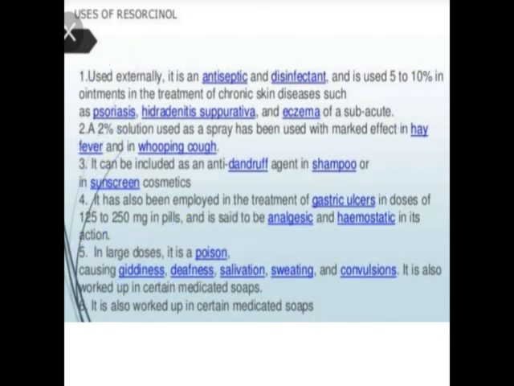सो अँटीसेप्टिक डिसइन्फेक्टंट म्हणून डिफरंट स्किन डिसीज मध्ये वापरू शकतो. हे फिवर किंवा हुपिंग कफ मध्ये जे स्प्रे वापरतो आपण त्या स्प्रे मध्ये 2% सोल्युशन हे रिसॉर्सिनॉलचं वापरलं जातं. अँटी डॅन्ड्रफ एजंट म्हणून वापरलं जातं. गॅस्ट्रिक अल्सरच्या ट्रीटमेंटला वापरलं जातं. As well as this resorcinol is present as a constituent or as a part of the medicated soap. Okay,